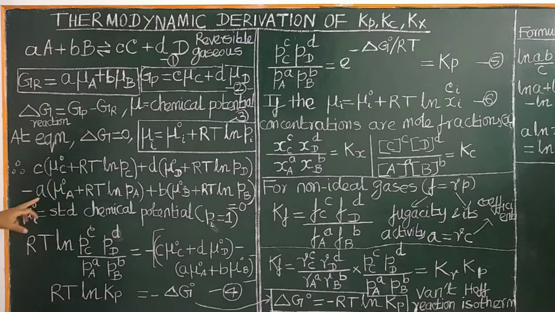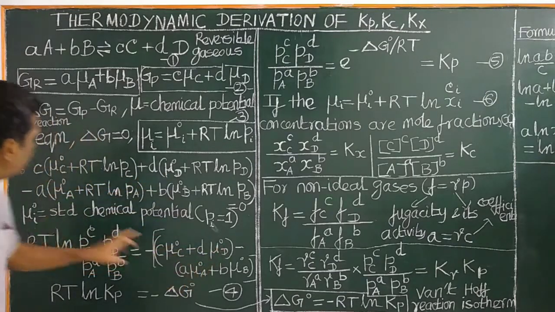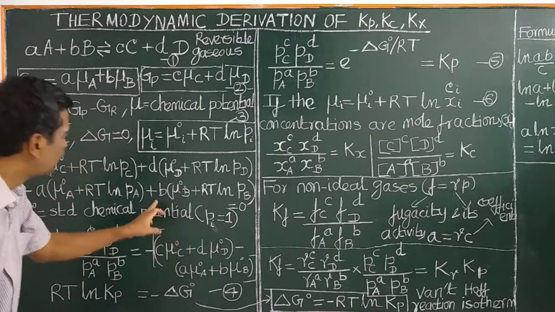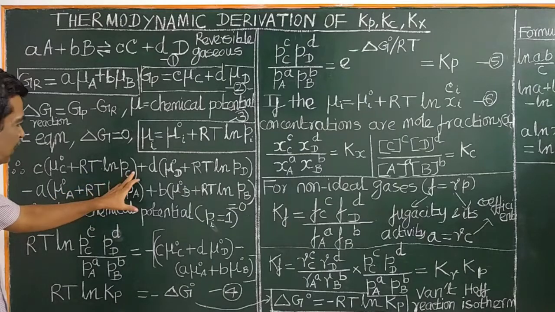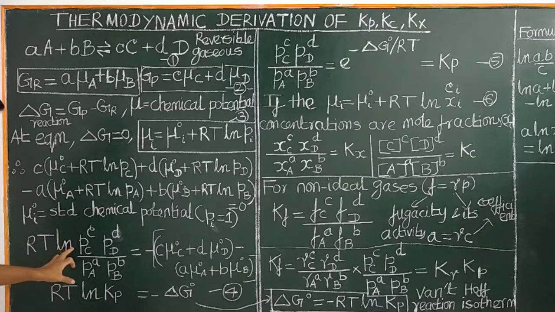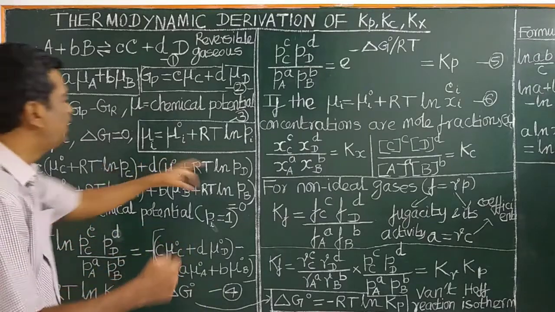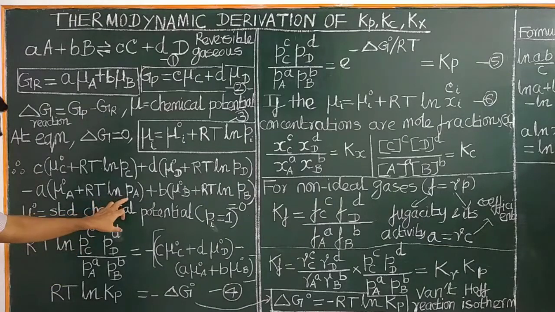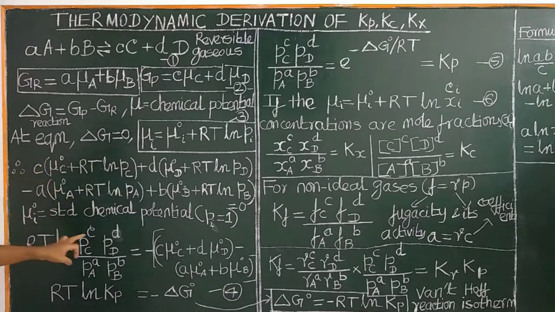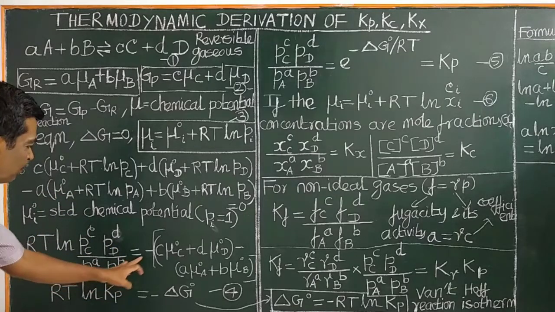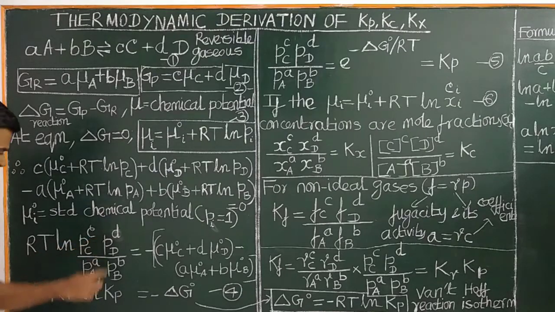இப்போ நம்ம என்ன செய்ய போறோம் அப்படின்னா, நல்லா பாருங்க, இந்த μ naught terms ஐ அந்த பக்கம் கொண்டு போறோம், அதனால மைனஸ் ஆகும். மைனஸ் c μ naught C plus d μ naught D, minus a μ naught A plus b μ naught B. இப்போ மிச்சம் என்ன இருக்குன்னா RT ln PC and so on. log AB என்ன log A plus log B, அப்படி நம்ம log போடுவோம். அப்ப RT ln PC to the power c, PD to the power d divided by PA to the power a, PB to the power b வந்துரும், ஏன்னா அந்த coefficient power ஆ உள்ள போய் multiply பண்ணும். This is nothing but the equilibrium constant